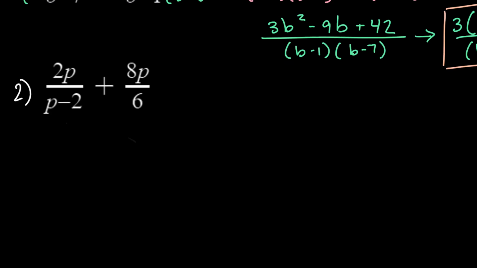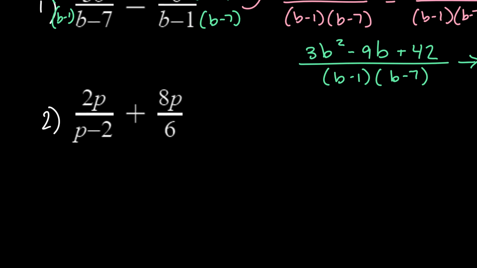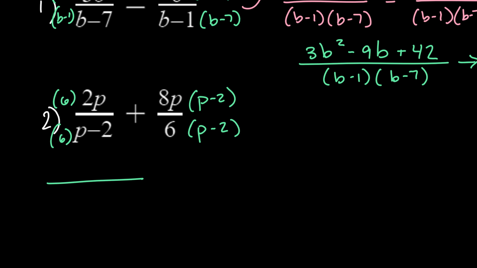Okay, so now number 2, let's just go over it. What is my first step? Again, get a common denominator. Okay, so does p minus 2 and 6 have a common factor? Nope. So again, it's just like the previous one where I have to multiply each side by the opposite's denominator. So this will be multiplied by p minus 2, and this is 6 and 6. So our denominator is now 6 times p minus 2,